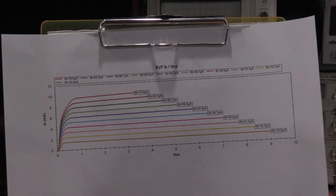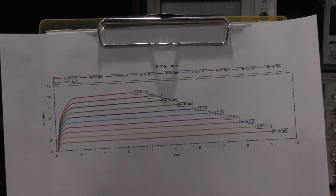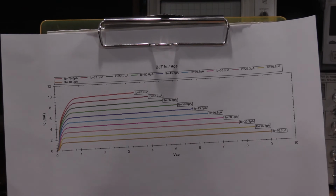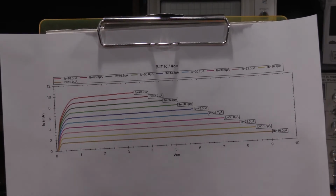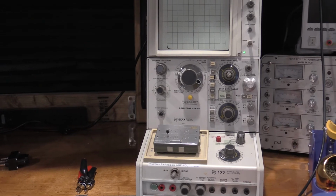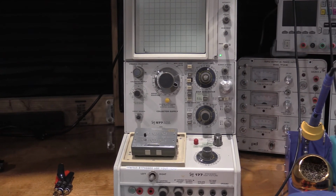Now I did put those 6 rare transistors in stock, so I haven't had to use them for anything, but they'll probably be just reference parts going forward so I can compare transistors to each other if I need a modern replacement. But that being said, let's set up the curve tracer